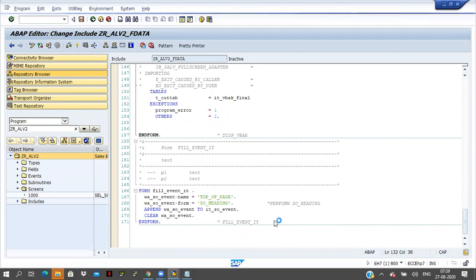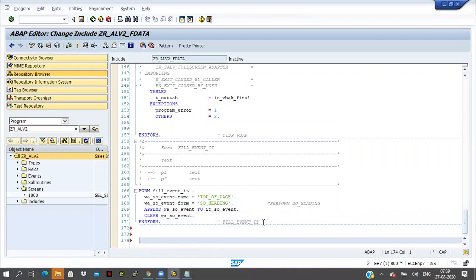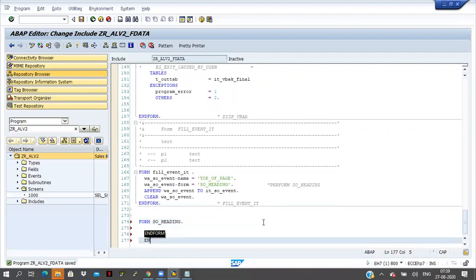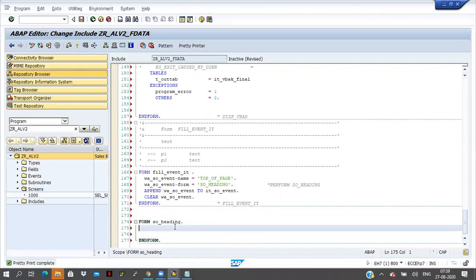So at the end of the program, I will declare like this: form SO_heading and endform. Okay, so here I have to display the data. How to display the data? This is a grid display.